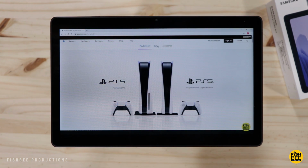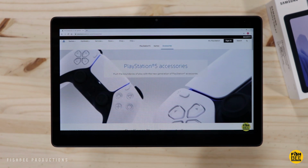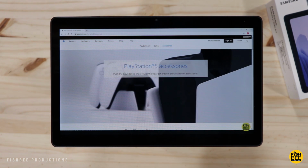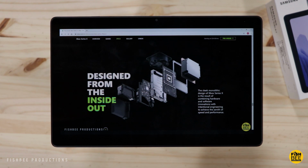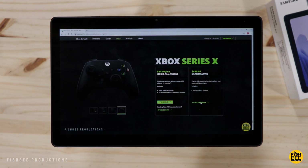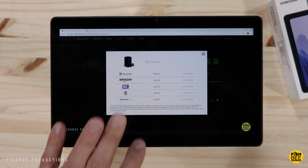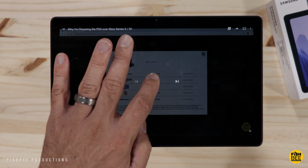So now that we know just about everything about the new PS5 and Xbox Series X and S, I thought it'd be a good time to do a quick video on why I'm choosing the PS5 over the slightly more powerful Xbox Series X. Both consoles are going to cost $500 at launch, and there's going to be digital versions of both. Judging by how fast the pre-orders sold out, I'd say both of these next-gen consoles are going to be pretty popular. But you just never know who's...